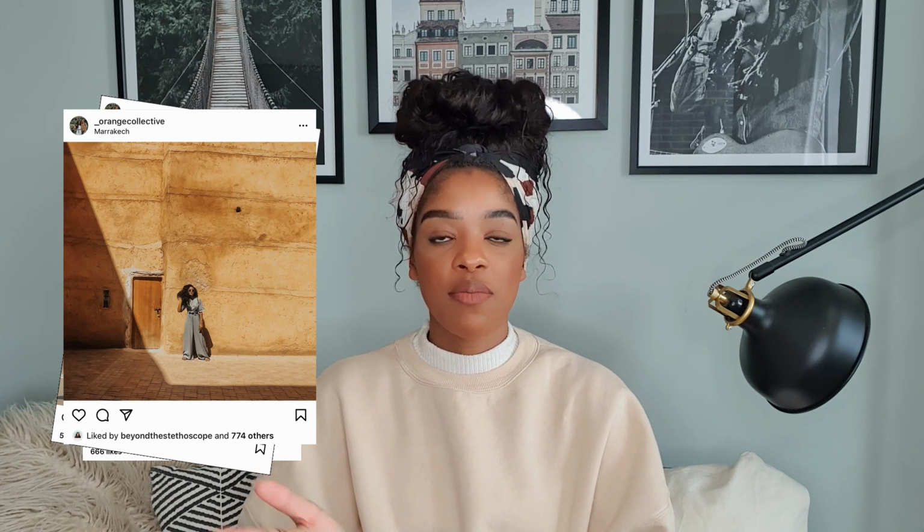That is okay. What you basically need to do in order to do that is make sure that you're spacing out all of your content so that you're not posting several photos of you in the same outfit in the same place in one go. If you go on my Orange Collective account, you may notice that there will be at least 2 to 3 versions of very similar photos. So photos which I've taken from one day out in Morocco, I'm wearing the same outfit, I might even be in a similar location, but I'm doing something different and my pose is different. But they'll be so spaced out across my Instagram page that when I upload them, you're not immediately going to think, wait a minute, I've already seen her in this outfit. Like, you just don't think that way because no one's remembering what you posted 2 months ago.